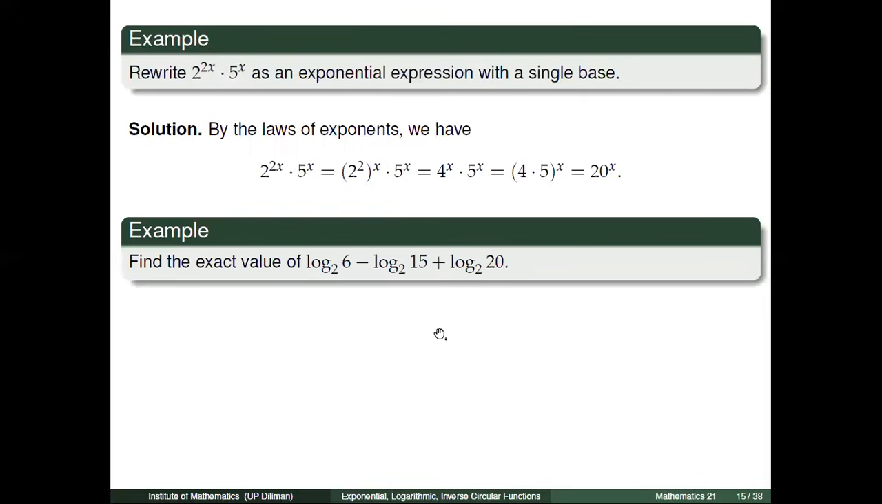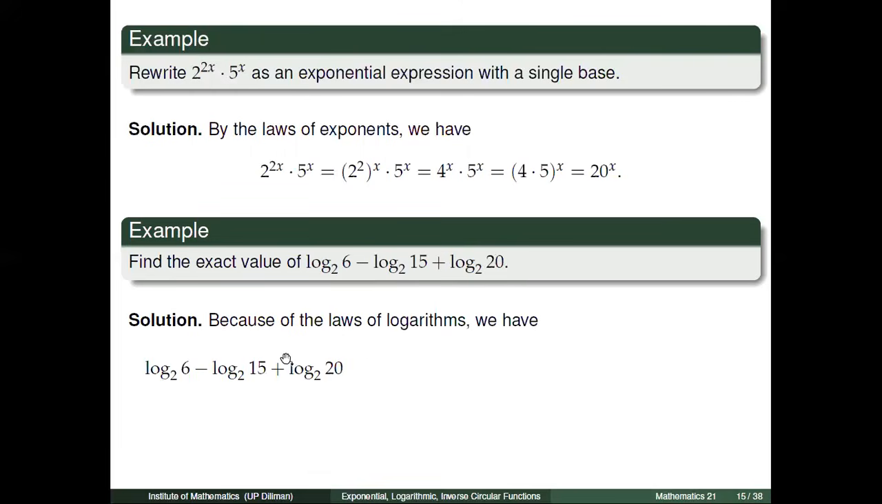Next, let's try to find the exact value of the logarithm of 6 to the base 2 minus the logarithm of 15 to the base 2 plus the logarithm of 20 to the base 2. Note that 6, 15, and 20 are not perfect powers of 2. But since the base of each logarithm is 2, then we may combine these into a single logarithm. In particular,